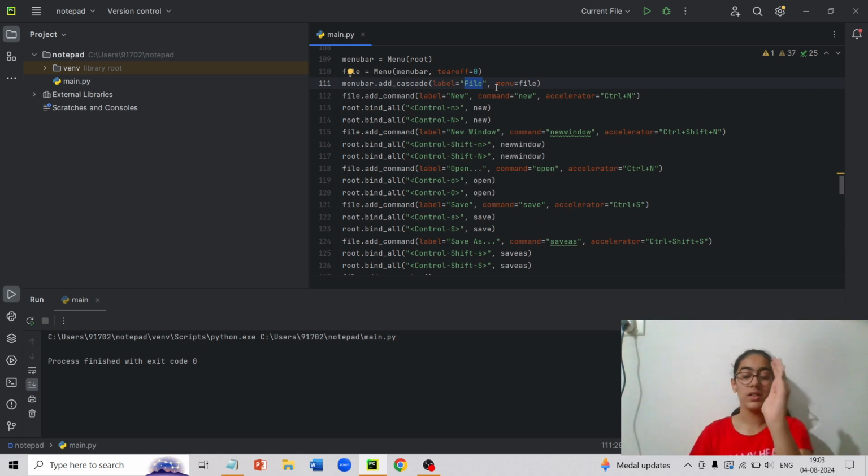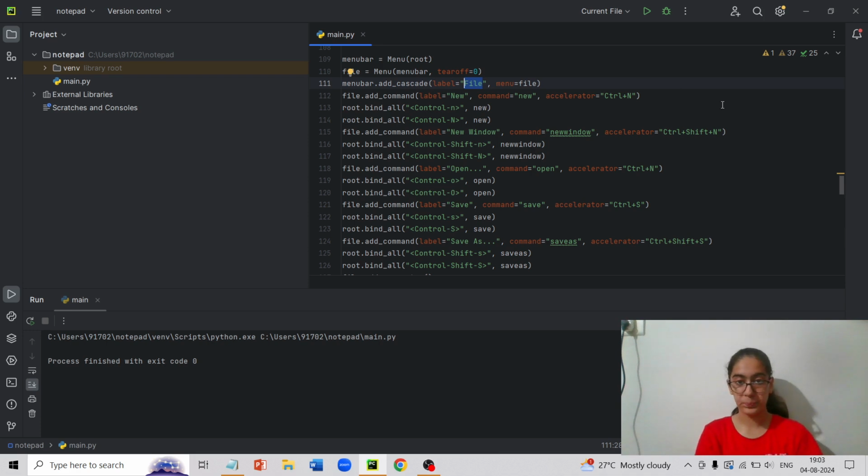So first we'll be taking the bowl, right? We'll be naming the bowl as a container. So we'll be taking all this stuff and putting it inside the container. So this is what we're doing here. We are naming the file as a cascade, and then we are putting all of the functions, all of the labels like new window, open, etc.